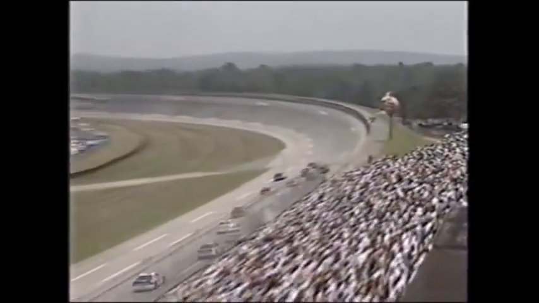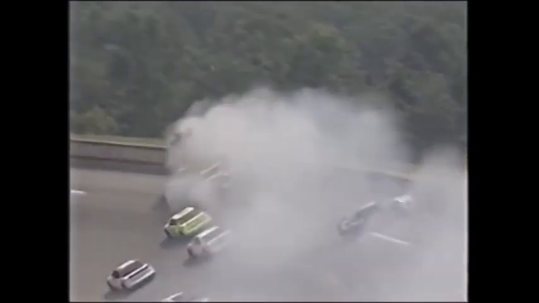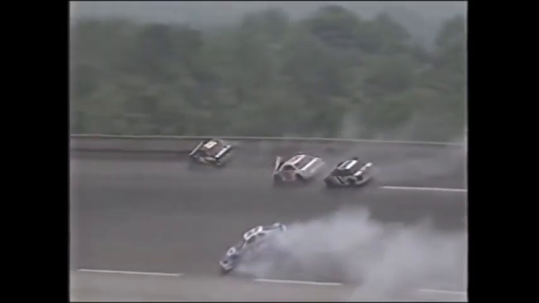Take a look at what happened here that's brought out the second caution of the day. There's Stanley Smith in the middle in the black car. They were running 3 abreast going into that turn, Ken. There's the car number 1 of Rick Mast. There is one car that has gone over the wall, as you see in that, and we'll get that for you in a moment. Stan Smith's car was destroyed. There is another car that went off the top of the...